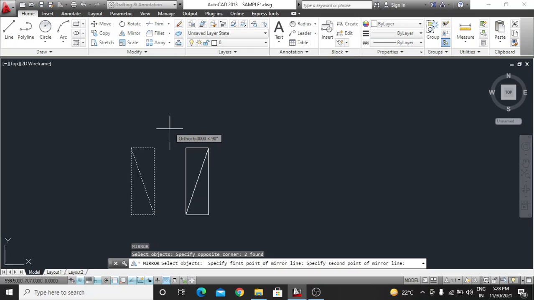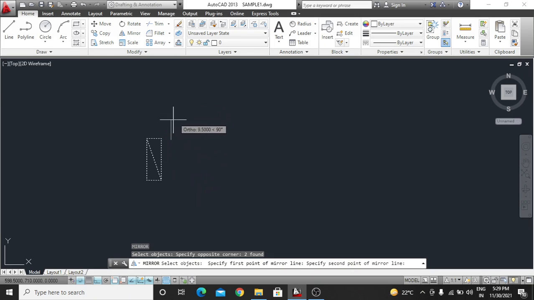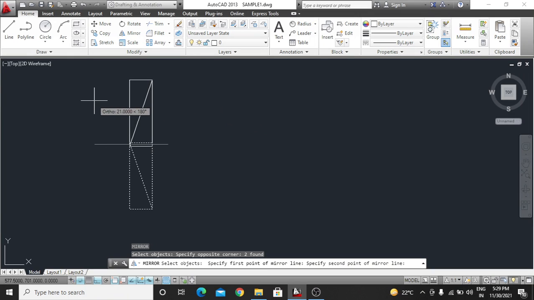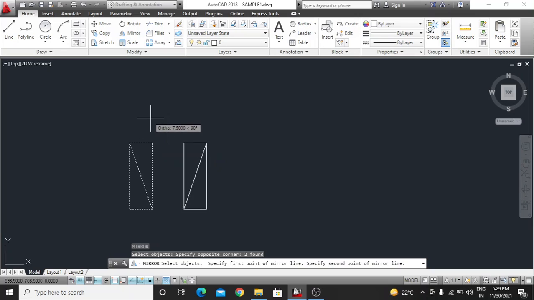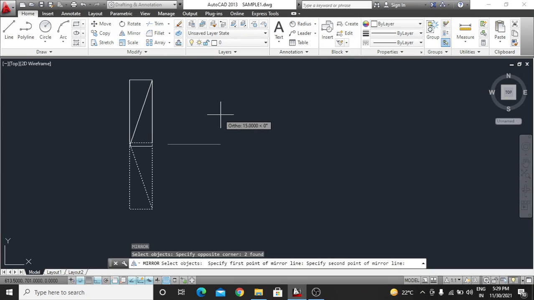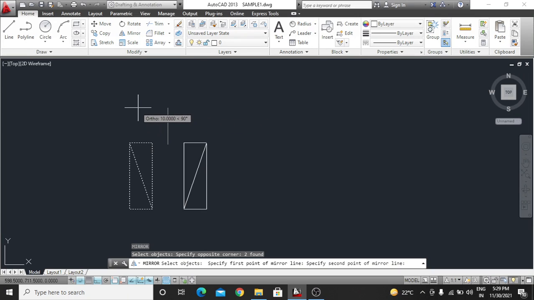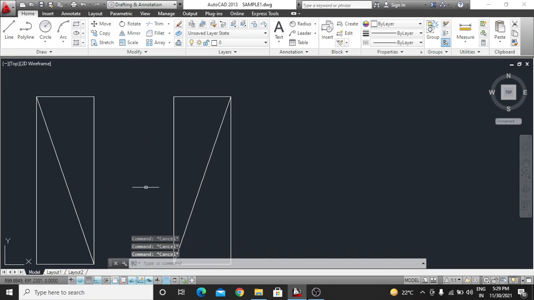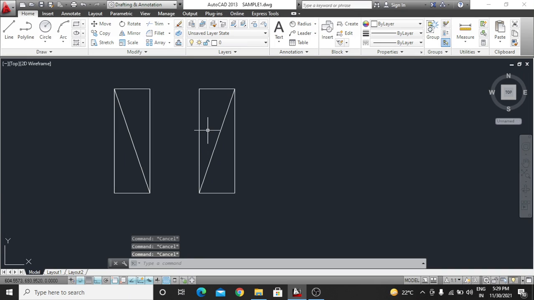for example this. And guys, there are also options like copy and move. If you move your cursor to the left, then your mirror will be on the right, because this is the opposite direction. Mirror means opposite. If you keep your cursor on the upper side and left side, your object will be on the opposite side. So here again click and enter. You can see this is the mirror, meaning opposite.